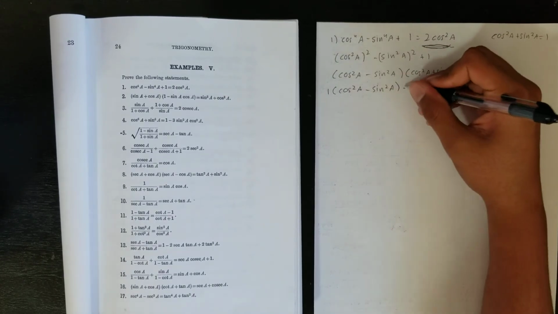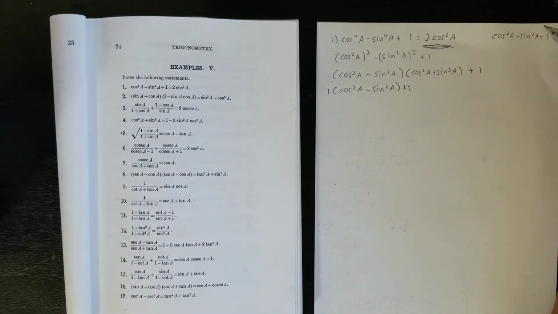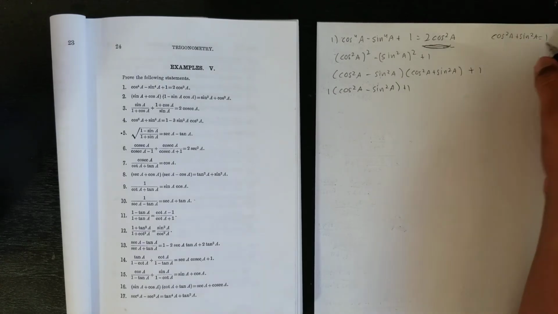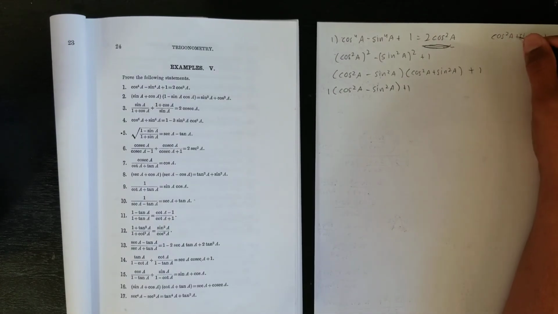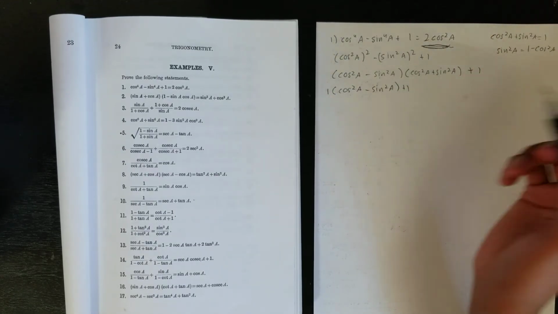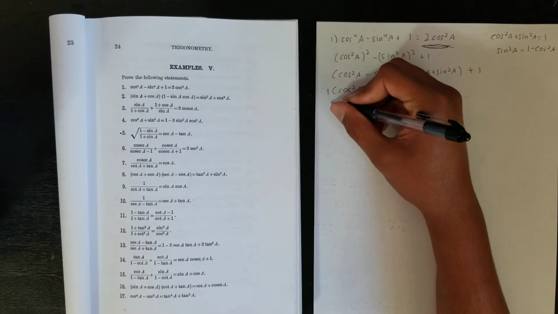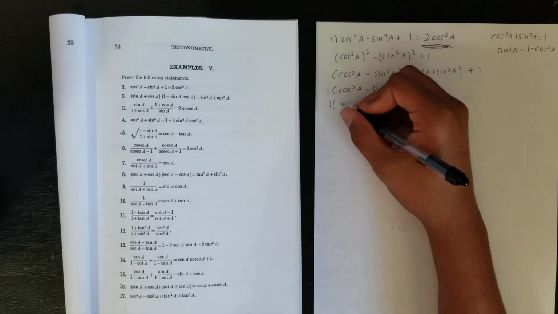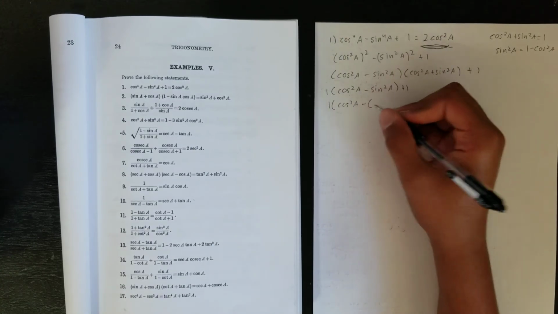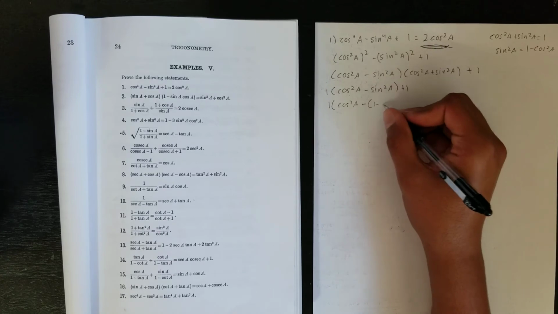As I said before, we can play around with this and substitute in values. Our final value is supposed to be in terms of cos, so we play around with this to get cos in place of sine, and we get sine squared a is equal to 1 minus cos squared a. Basically, we have a sine squared a over here, so we can substitute 1 minus cos squared a for that. So it would be cos squared a minus, outside of 1 minus cos squared a,